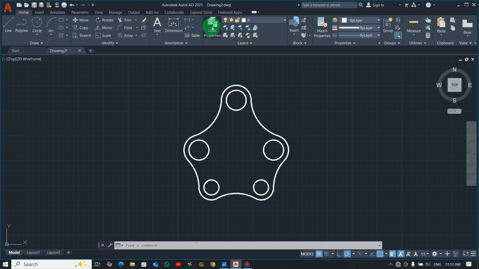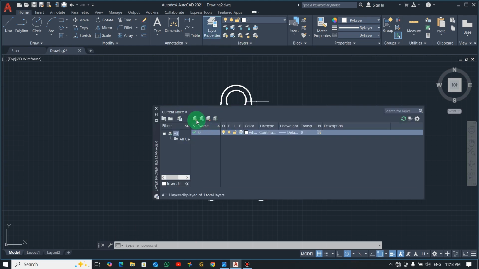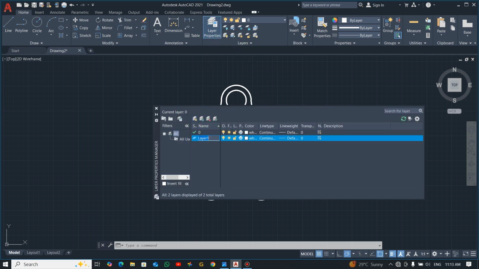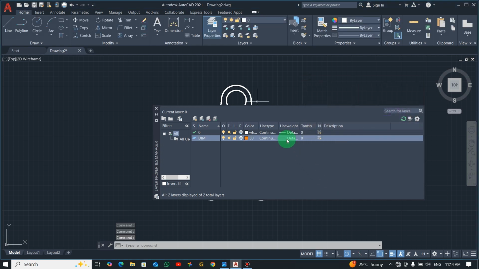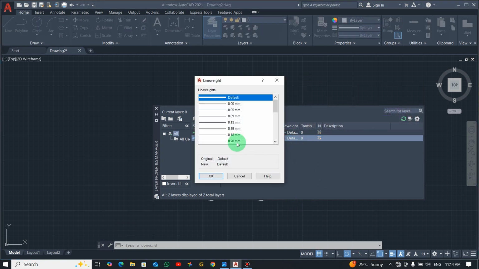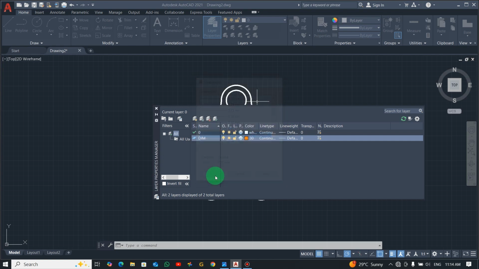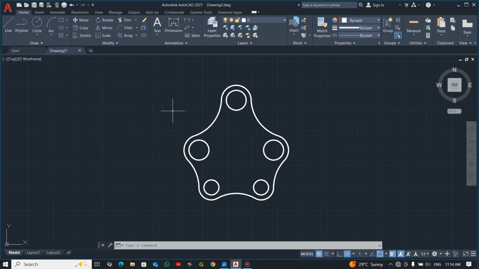To do that, I'll create a layer for it, and then I'll give it a name, change the color as well to, let's say, I'll use this one, and then I'll change the line width because currently it's using the default line width, which I don't want, so I'll use 0.25, and then okay. Let me make the layer active, and then I'll go to my annotation, select linear, and then dimension the linear